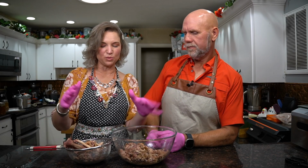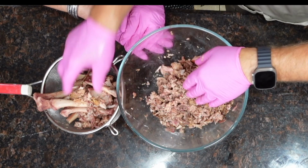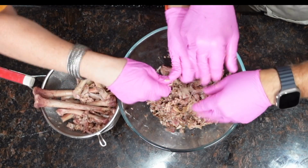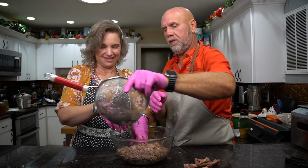Okay, so we still have some residual stuff here. What are we going to do with this? We're going to take our hands and just break this up like this. Look at that, it will literally fall apart and crumble. And then this here, we can just go ahead and put in here,